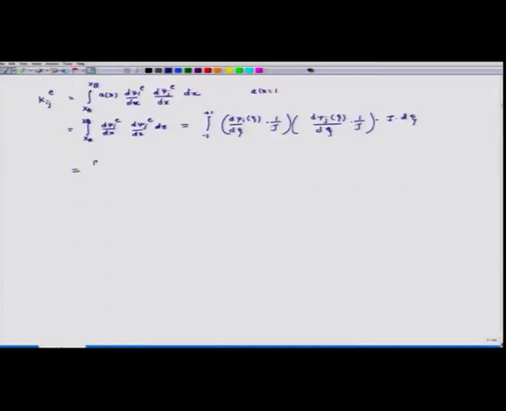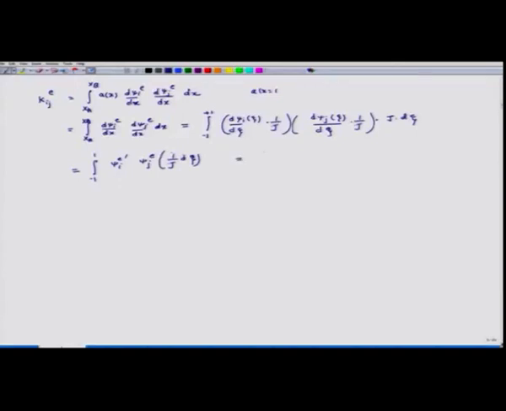So, this gives us the integral from -1 to 1 of psi i e prime, psi j e prime, times j times d zeta,